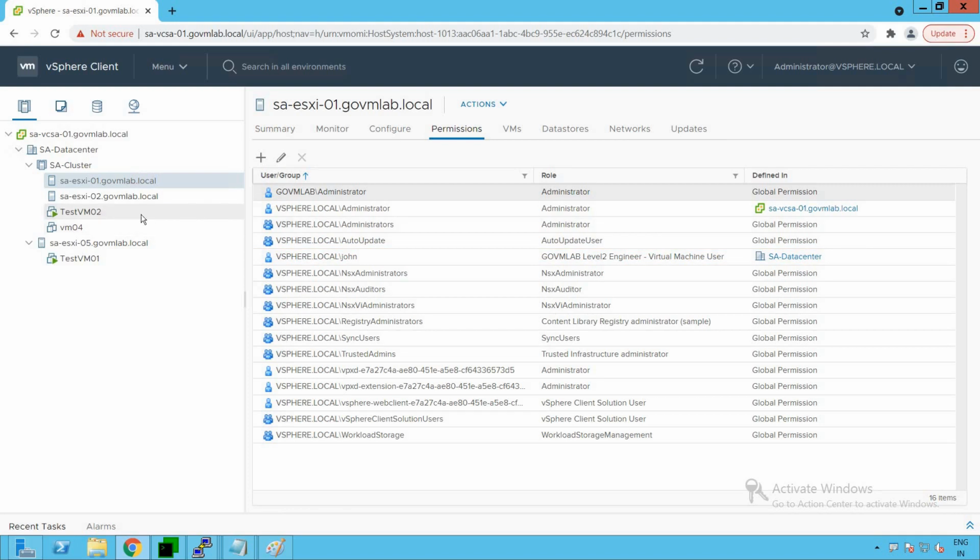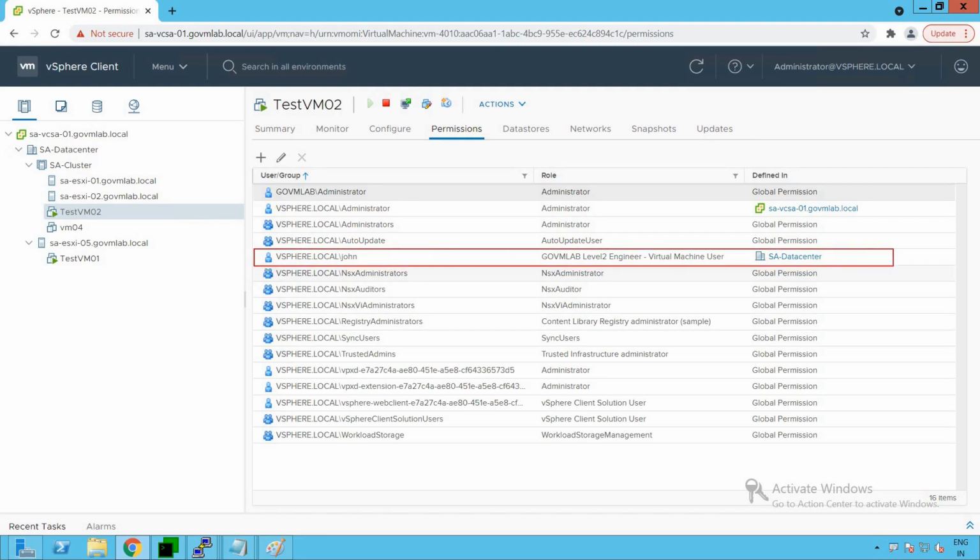Similarly, you will see the same at the VM level as well, because we selected the option propagate to children, which means all these permissions will be pushed not only to the object where we have created this permission, but also to all the child objects falling under that parent object.